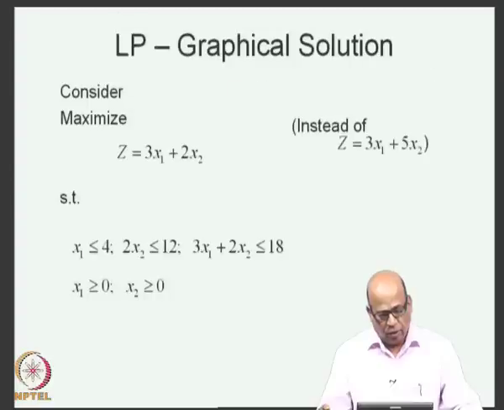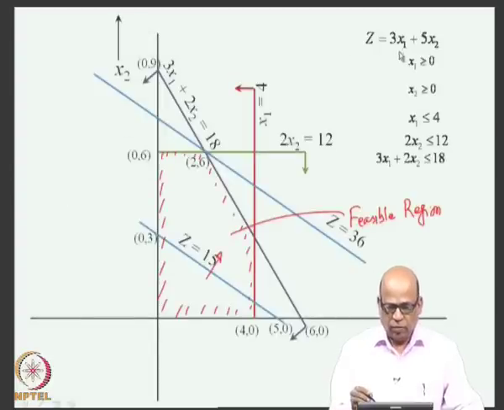Now, let us look at your objective function. Here it was z equal to 3 x1 plus 5 x2, and you were maximizing this. So, in this example we are looking at maximize z equal to 3 x1 plus 5 x2, and you obtain this z line which was moving parallel to itself and therefore, finally, it touched this particular point.